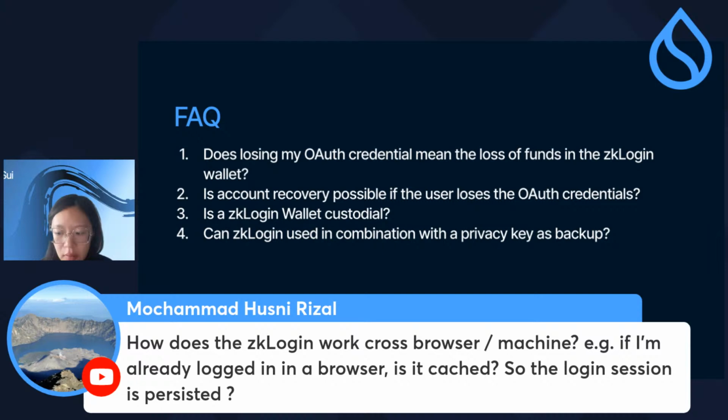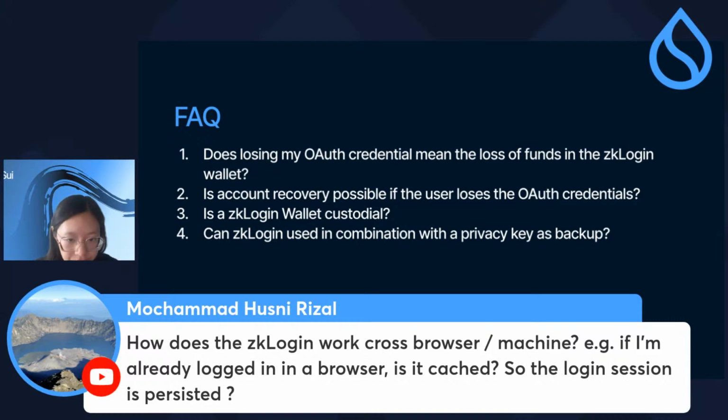To answer your second question, to answer it differently, where you have an application, let's play videogame.com on your laptop versus playing it on your phone, your account doesn't change at all. So one address is persistent on chain. So if you send money there and then you send another amount on your phone, it's reflected on your zkLogin address